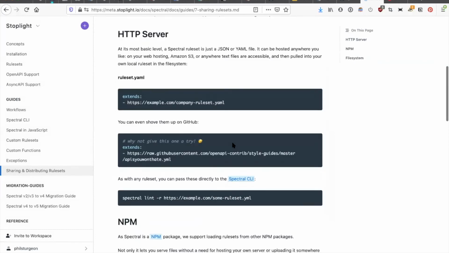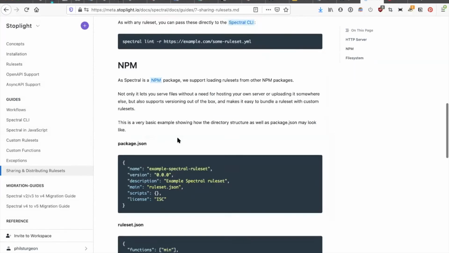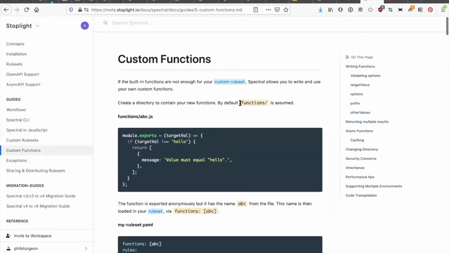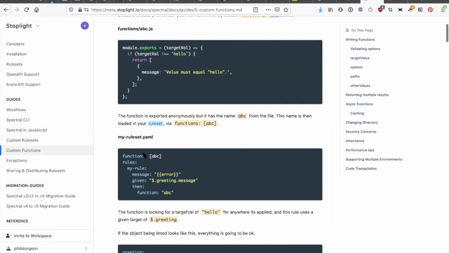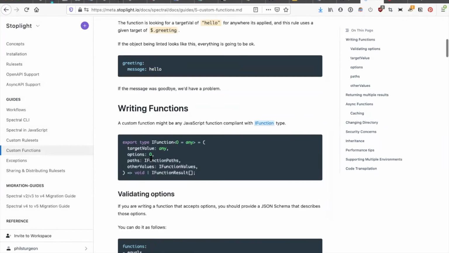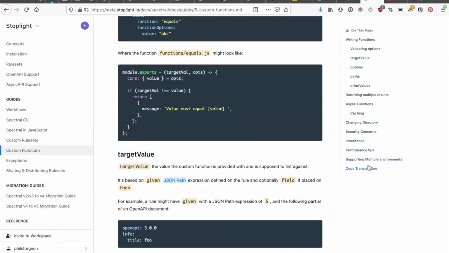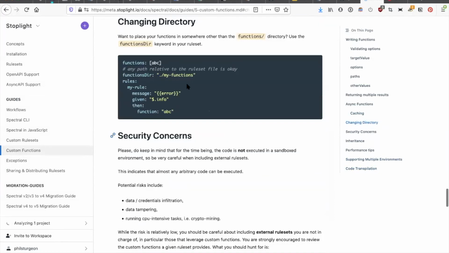So you can learn all about the different approaches to distributing custom functions, and we have documentation covering custom functions too. So by default, I think it's in functions. You can override that. Where is it? You can change the name of it somewhere. Yeah, there you go. So you can just point it to different things. And some people have experimented with Git submodules, right? So you can use that approach to share custom functions between lots of repos if you want, but npm is probably a lot easier if you can get your folks to figure that one out.